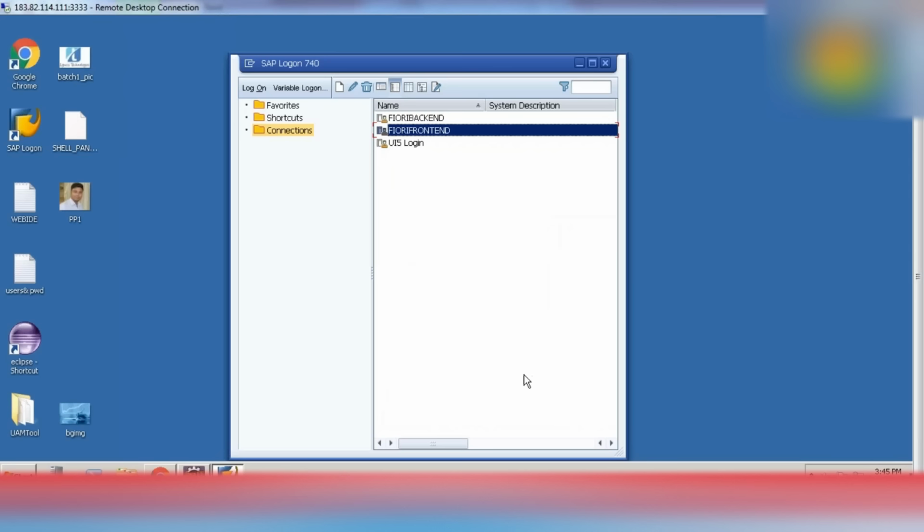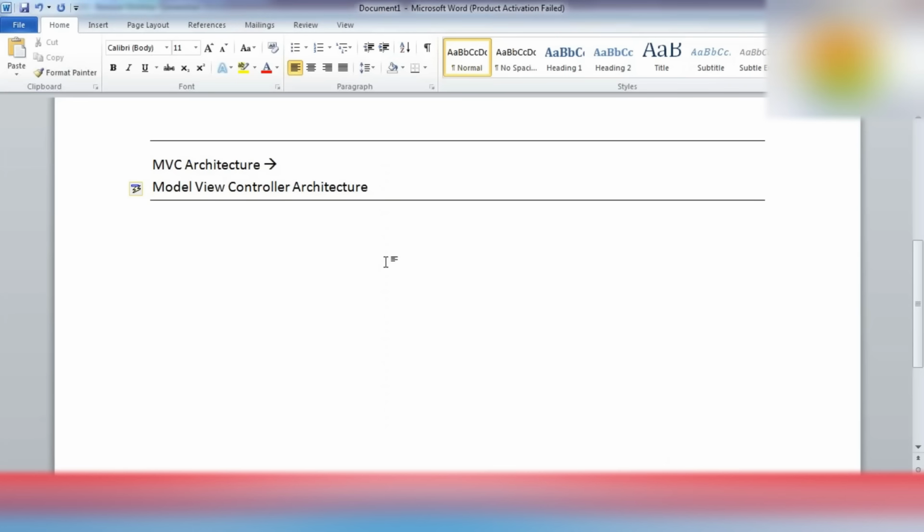So first of all, let me introduce the other thing: what is UI5 and what is Fiori. What is SAP UI5?